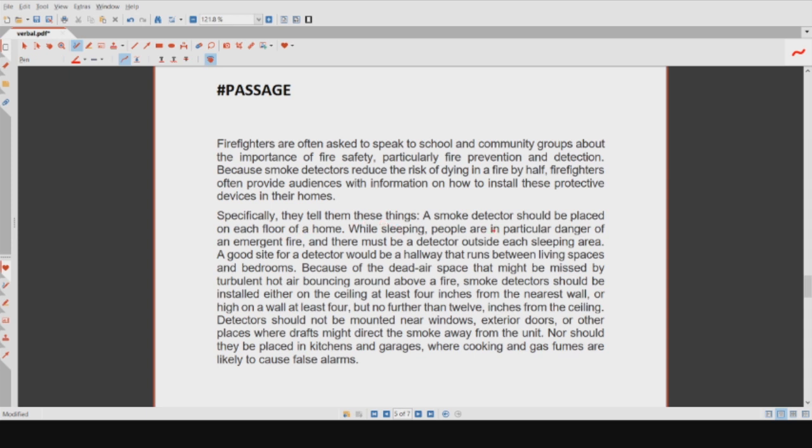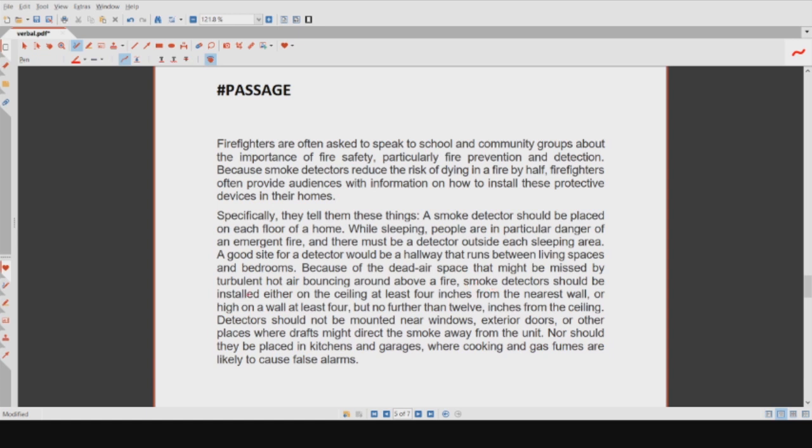A smoke detector should be placed on each floor of a home. While sleeping, people are in particular danger of an emergent fire, and there must be a detector outside each sleeping area. A good site for a detector would be a hallway that runs between living spaces and bedrooms. Because of the dead air space that might be missed by turbulent hot air bouncing around above a fire,